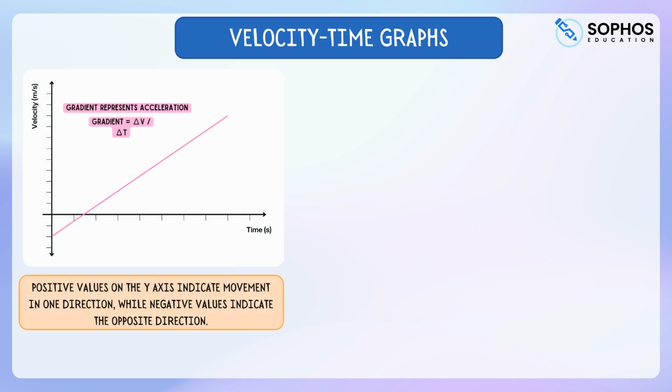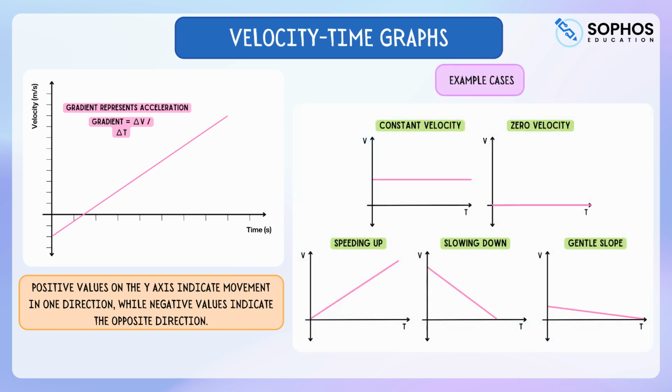In today's lesson, we delved into the main features of velocity time graphs and their importance in understanding motion. We started by clarifying the axes. The horizontal axis represents time in seconds, and the vertical axis represents velocity in meters per second. We then learnt that the gradient of a line on these graphs denotes acceleration, with steeper gradients indicating higher acceleration and gentler gradients showing slower rates of change in velocity. Finally, we examined various cases, including constant velocity, zero velocity, speeding up, and slowing down, along with how the slope's